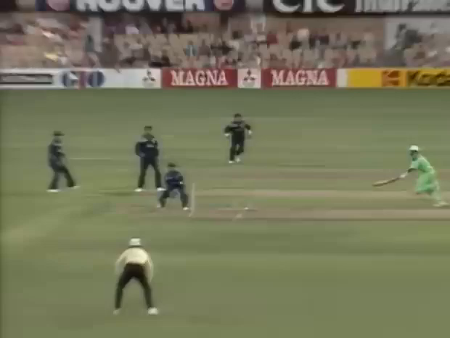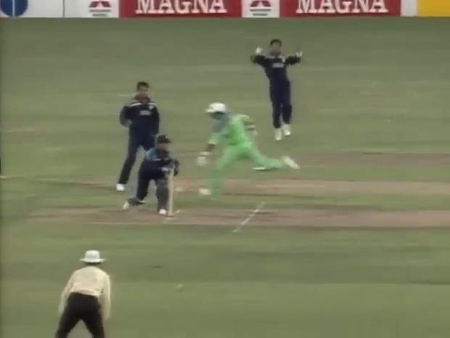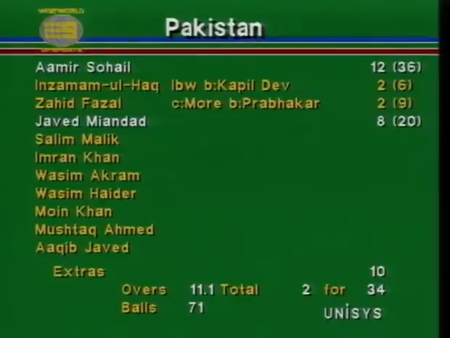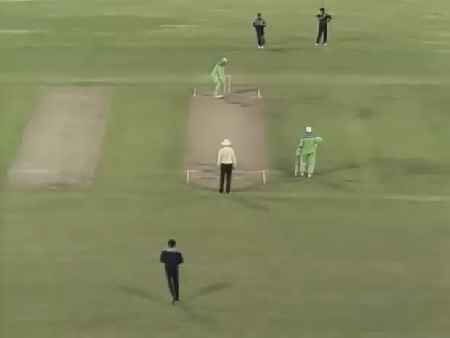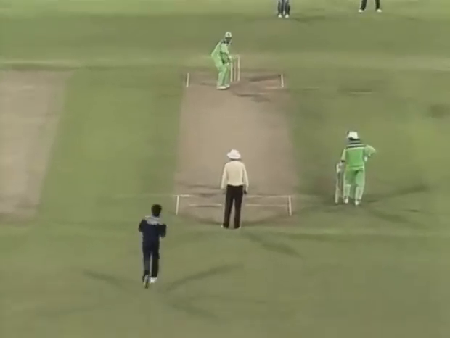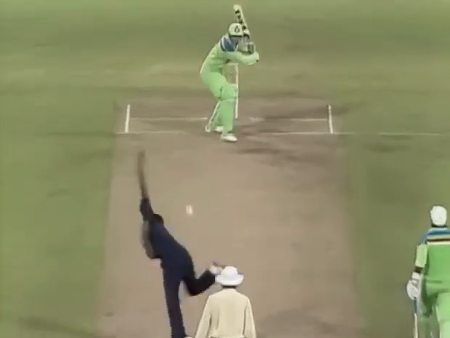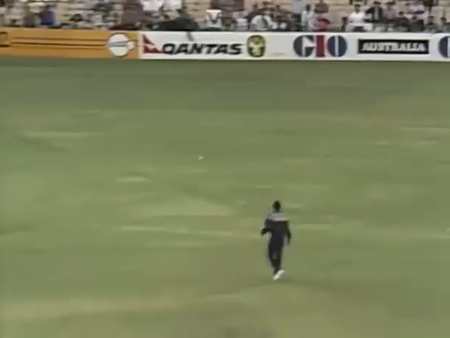And taking advantage there as the fielder slipped, picking up the ball, just making it in. And Javagal Srinath will be the bowler now from the Paddington end, the northern or Paddington end. That's 2 for 34. That's in reply to India's good innings.